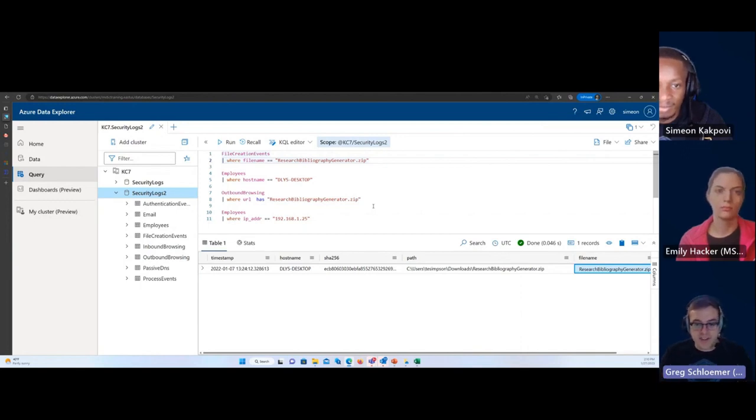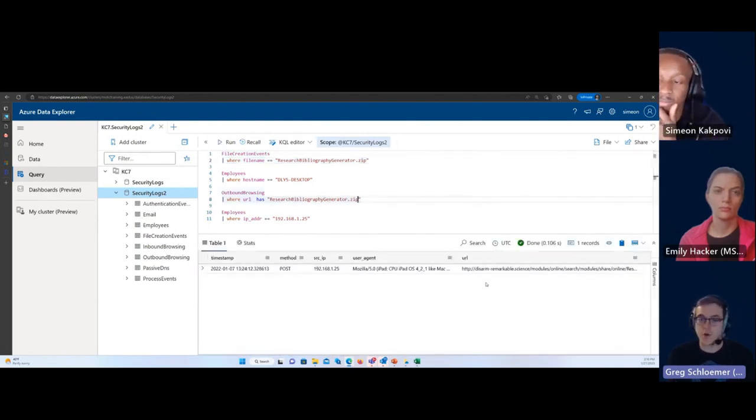Maybe he downloaded it. So that's when we go and look at our browsing logs. Did we see someone in the company, especially Terry, who clicked on a link that took him to this malicious file? And sure enough, we see it. We also saw that the timestamps aligned. So as we're moving around in different data sets, we have to keep that context in mind, and we're constantly building a story in our head.